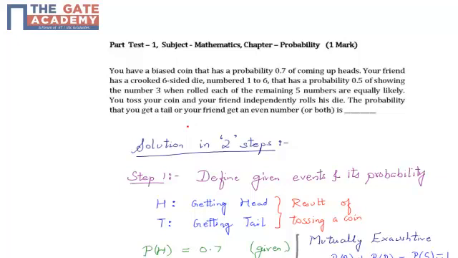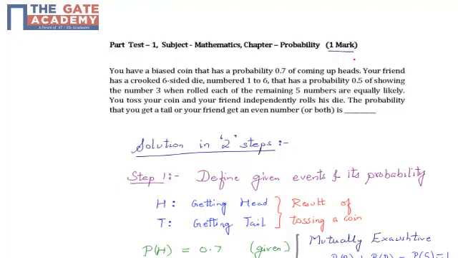Hello students, the following question is from part test 1, subject mathematics, chapter probability. The question is asked for 1 mark. Question is, you have a biased coin that has a probability of 0.7 of coming up heads, that is probability